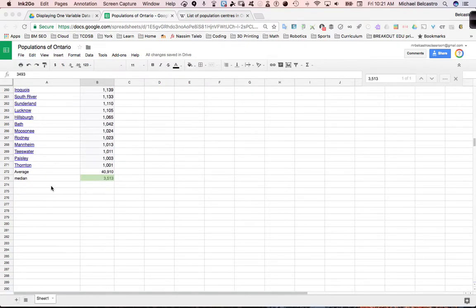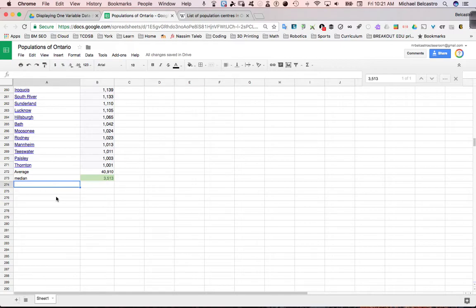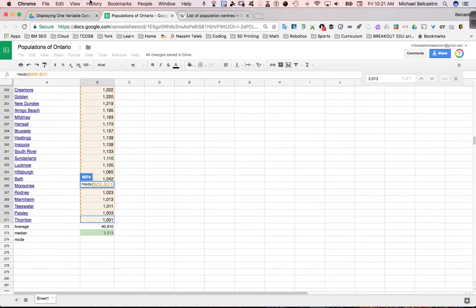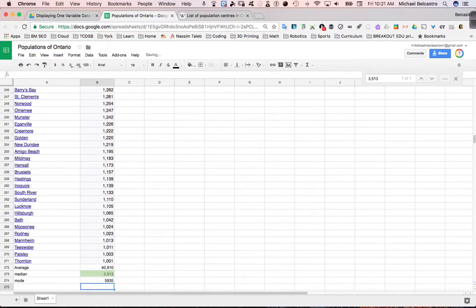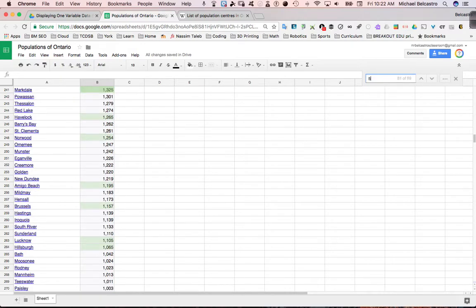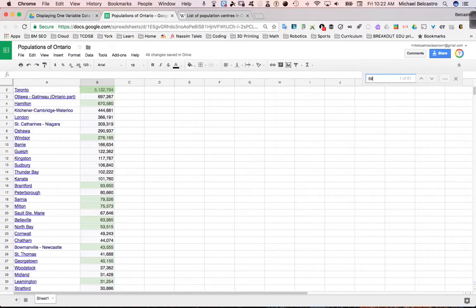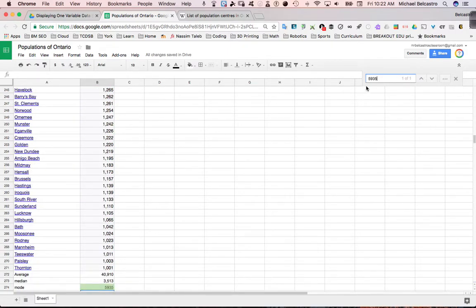There we go. We want to find the mode. So there's a function for mode. We hit equals MODE. There we go. Mode in the data set. We put it in brackets and highlight all of the data we want to search for the mode. Let's see. Our mode is 5,935. Interesting. Let's type that value in. 5,935. It occurs